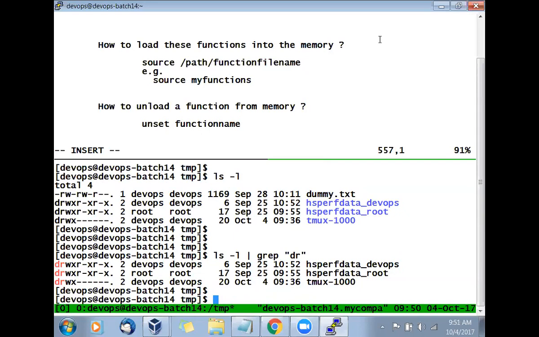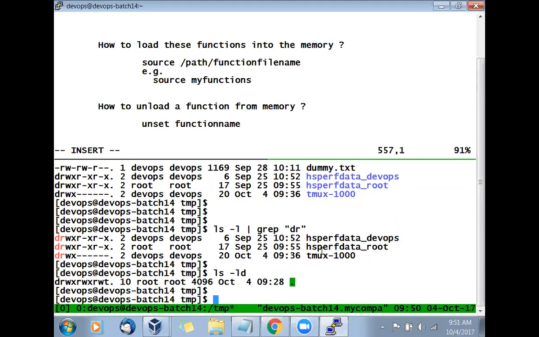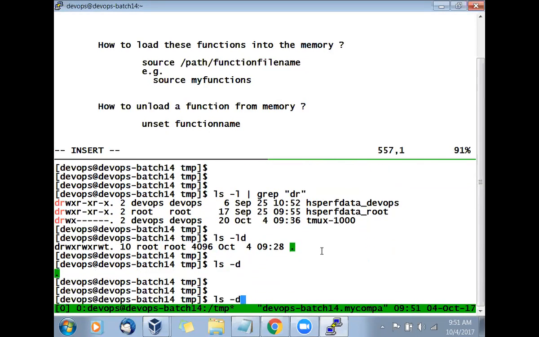Okay, so there is one question I believe. ls -d will work, Sumant? No, ls -ld will not work. ls with only d will not work. You have to use a combination of commands there. It is not straightforward. Okay, so you can say grep, but if I say just d,